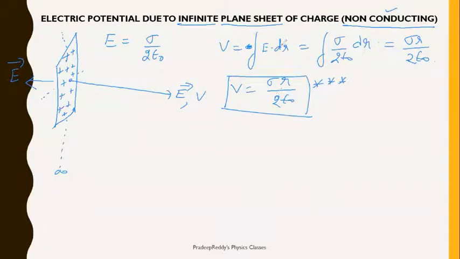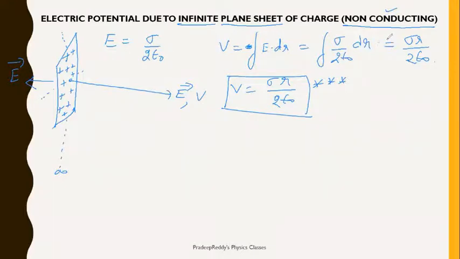Whereas if you want to find out electric potential by the regular method which we use, integration and differentiation, in that case it will become very complicated. First you need to take a very small element of some dq charge, and from that you should find out electric potential at that point, and then you need to integrate it between the limits minus infinity to plus infinity, so that you will be getting net potential. That becomes very lengthy. So if you remember the electric field equation, directly you can substitute that here so that you can find out potential very easily. V is equal to sigma r by 2 epsilon naught.